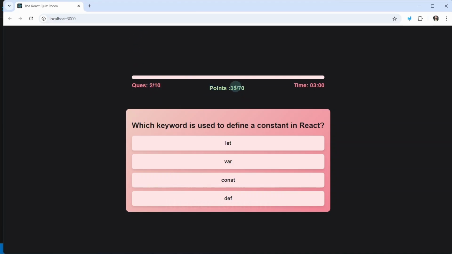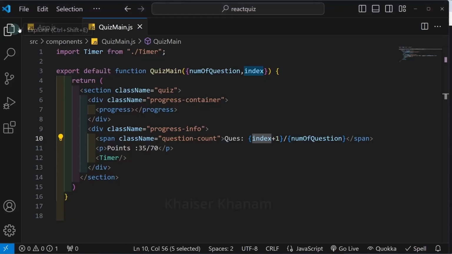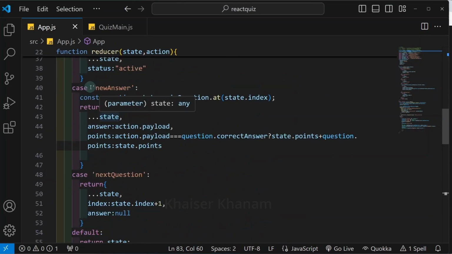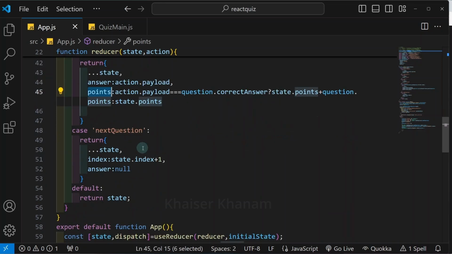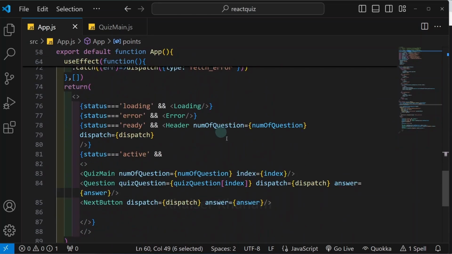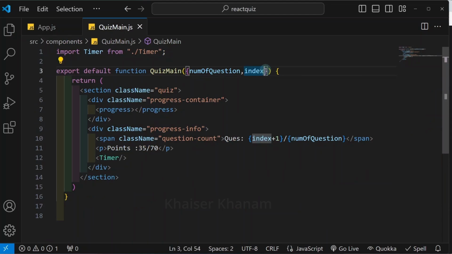Now let us come to this point and display our points here. So again, inside this app.js, whenever we select the correct answer, we have already updated our points. So these points we have already restructured, and now I'm just going to pass this point as a prop. And I already mentioned we are passing multiple props. Later on in a future lecture, we are going to see a better solution for this. I will save, come to quiz main, and here I'm just going to accept the prop. Now where I have to display the point,